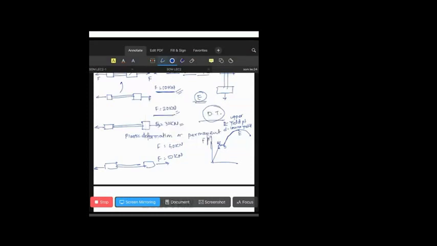Lot of resistance means that whenever you do an assignment, you are not doing it willingly, but you are trying to oppose it in some way. There will be a lot of resistance to it. And from D to E, your stress will not be proportional to strain. So from D to E, it is called the strain hardening zone. This zone is called the strain hardening zone.